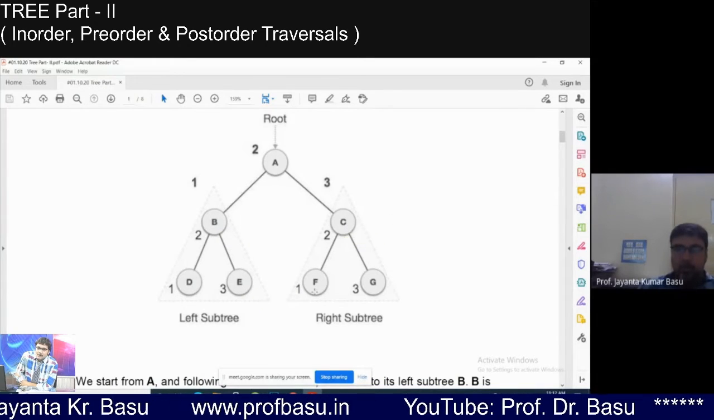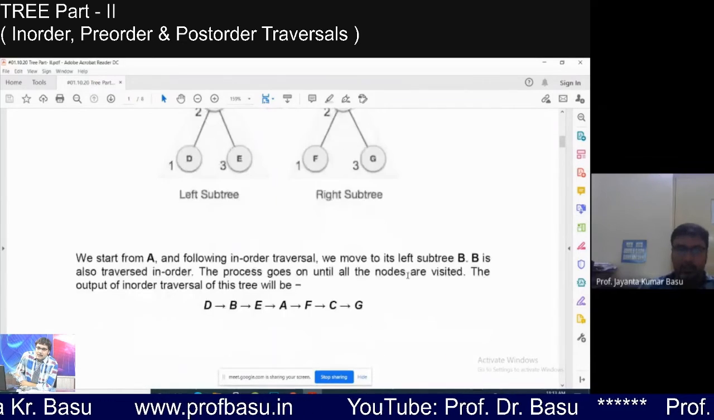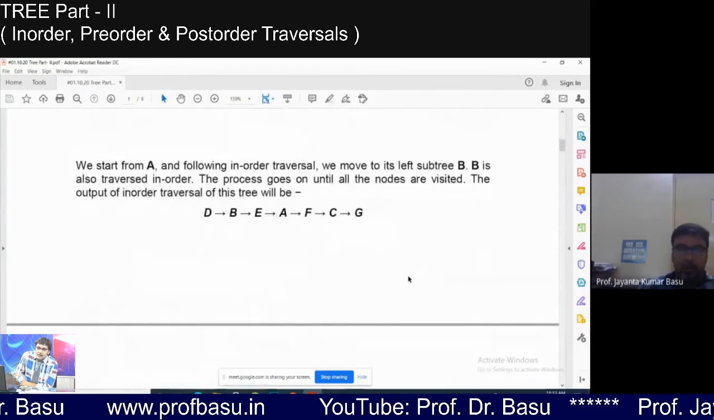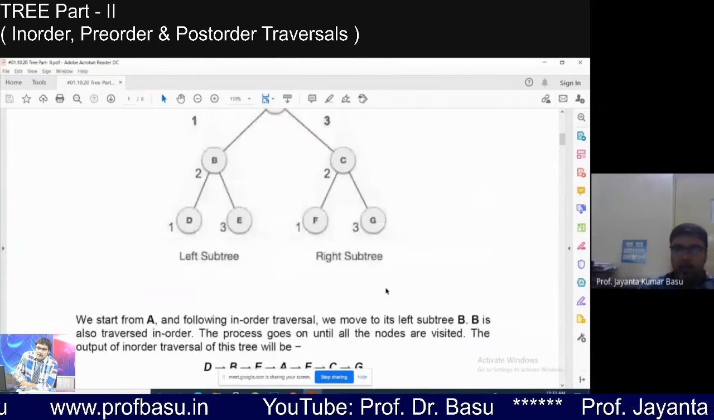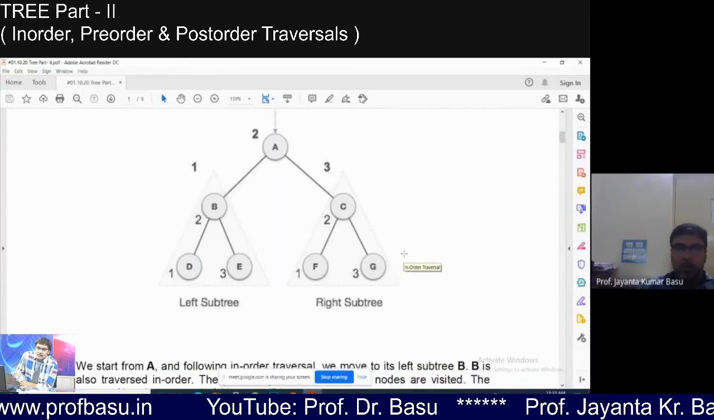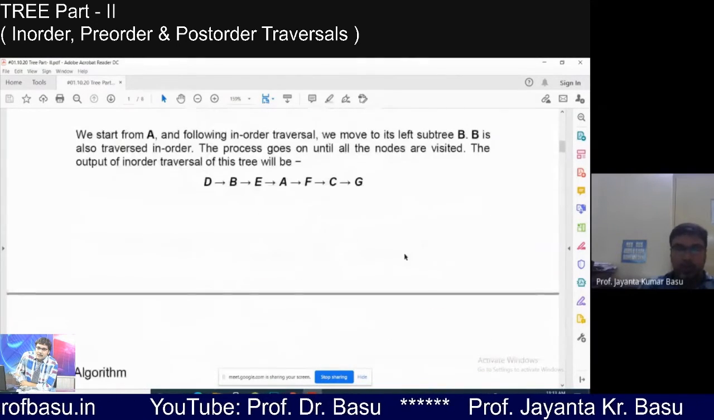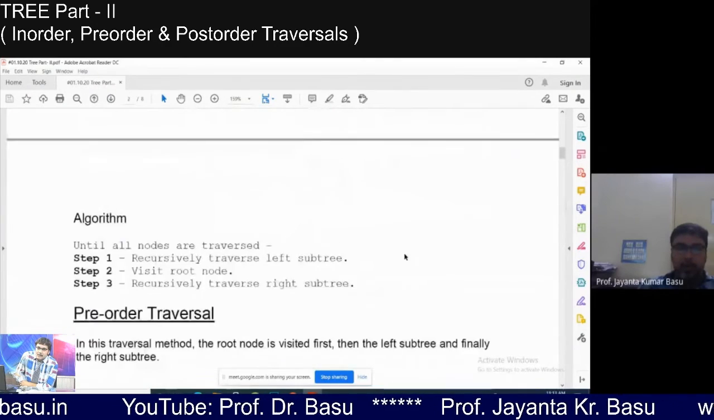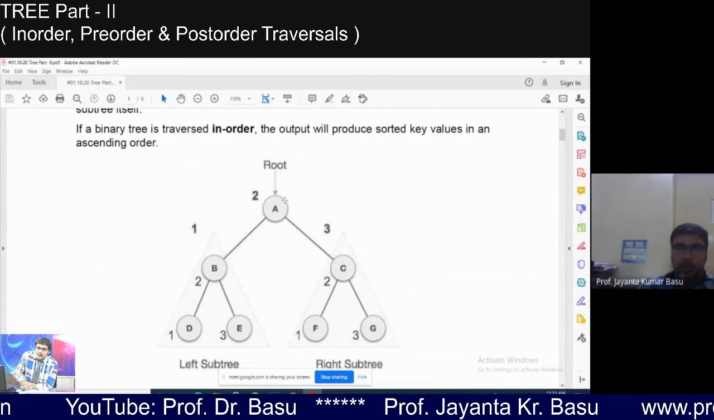Likewise, C is the parent node of F and G, right? So the technique is, don't waste your time. You will read this later, but you just listen to me carefully. How will you traverse the in-order way? In the in-order way, the technique is always you will